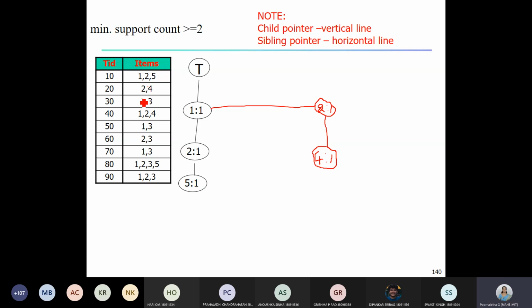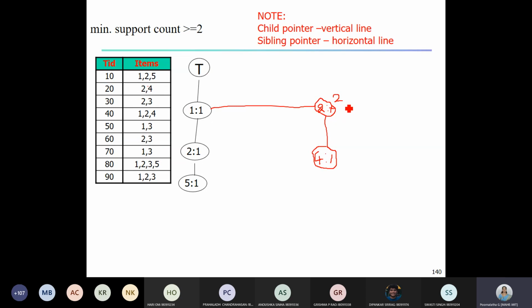Okay, let us continue. This is our third transaction, 2, 3. So below root, observe here, we have the item 2. So no need to create one more node now. Okay, so we have 2, we need to simply increment its count, right? So I'll simply cut this one here, and I am writing its new count as 2 above here. You can use the pencil, you can simply cut this one, so that I am able to see both this 1 and 2. You cannot overwrite here when you are writing in your books. Okay, so this is our 2.